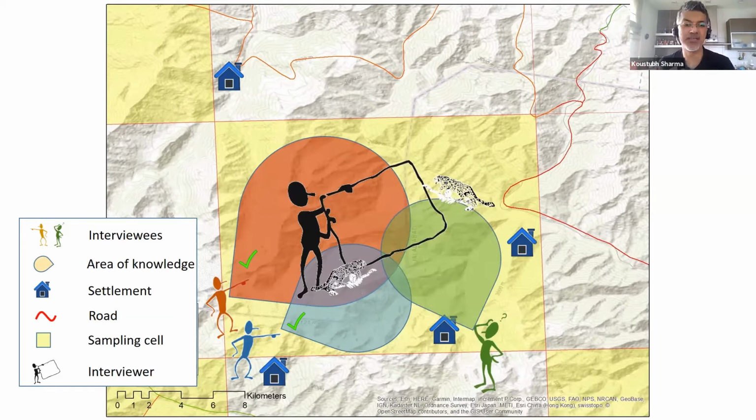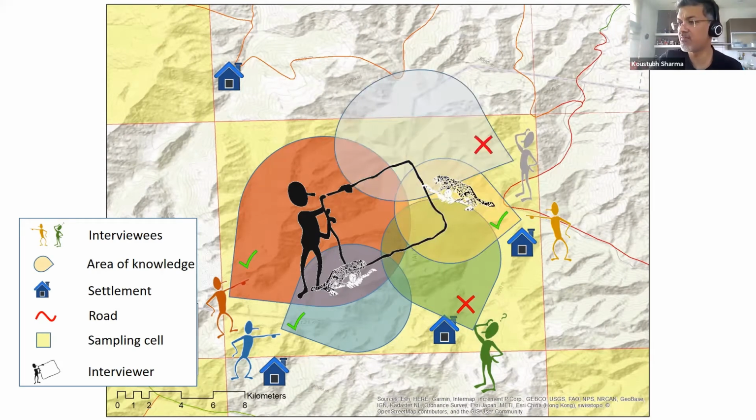Now, what it clearly means is the third person, for some reason, has just not detected the snow leopard, because the snow leopard is living in that area. It's just a matter of chance that the third person hasn't detected the snow leopard. And then he would say, no, I haven't seen it. The fourth person said, yes, I have seen it. And the fifth again said, I haven't seen it. What it would give us is a detection history, that we've just been talking about last time, which will look something like this.